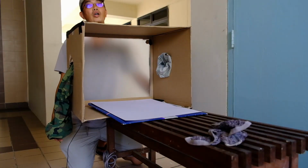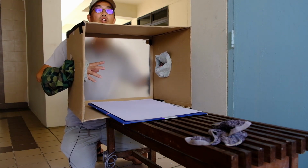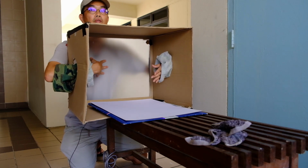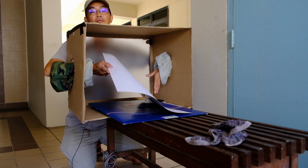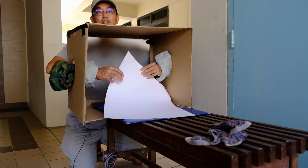Okay, so I will demonstrate how to load the paper onto the camera back. This is a different design from all those field cameras that use a film holder. With this one, we're supposed to put the paper directly on the back of the camera, on the ground glass itself. So just assume that I've taken out the paper negative from the paper envelope that contains the 16 by